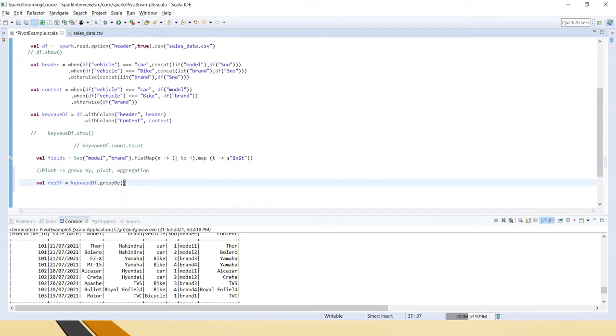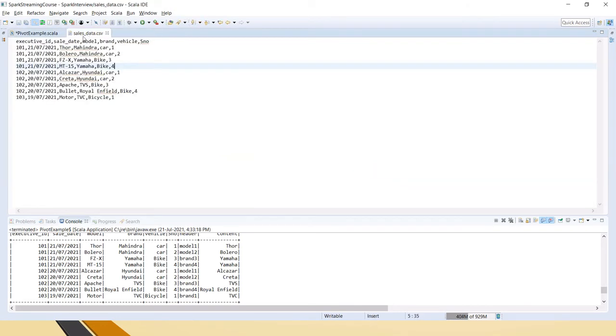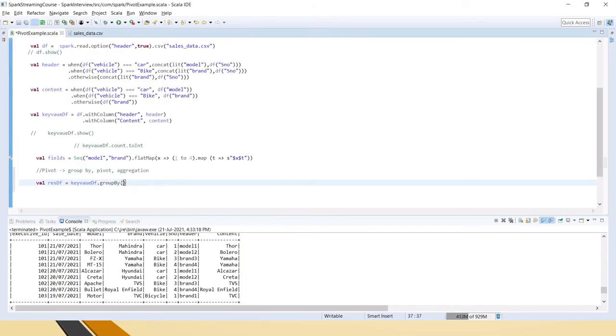So we have to do group by based on two columns as per the requirement, for each executive and on the given date. So I'll say df of executive ID and df of sales date. Now we have done the group by.